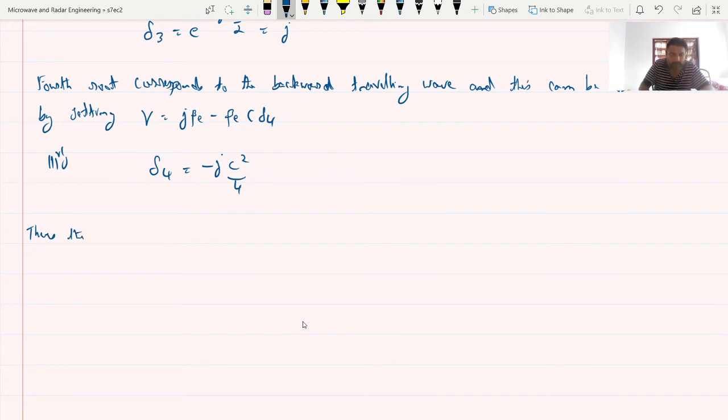Thus the values of the 4 propagation constants are given by,